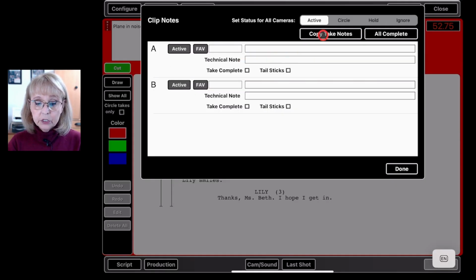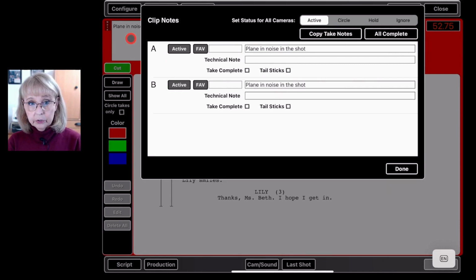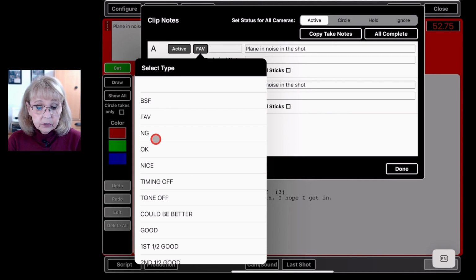Okay, so I'm going to copy my notes to both of them here. Now, when you put notes in here, it's just an easy way to put notes as you're doing a take, and the noise is going to go over both cameras. So I know if I copy it here, it's going to go to both of them, and I don't have to type it in twice. Now, say it was no good because of it. You're going to say no good,